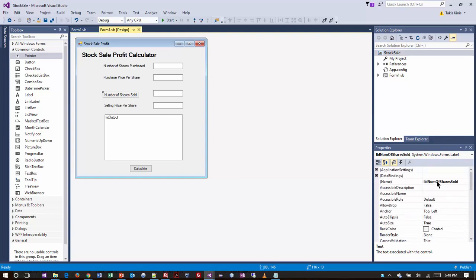That object name is LBL, num of shares sold. Continuing that pattern, of course, we have txt, num of shares sold. The selling price per share, LBL, sell price per share. And then the text box,